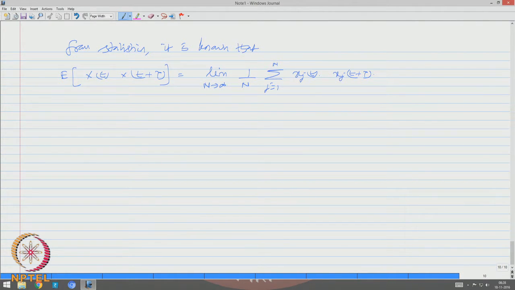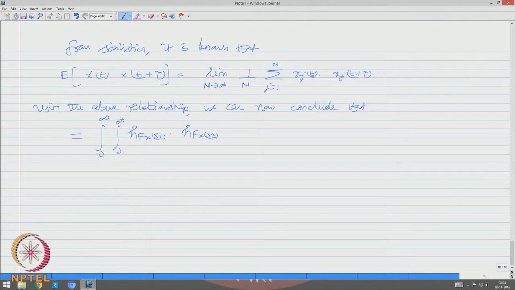This is a known established result. Using the above relationship, we can now conclude that the double integral of h_f(x,s1) h_f(x,s2) limit n tends to infinity 1/n summation j equals 1 to n f(jt - s1) f(jt + tau - s2) of ds1 ds2